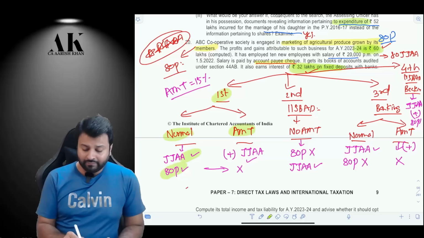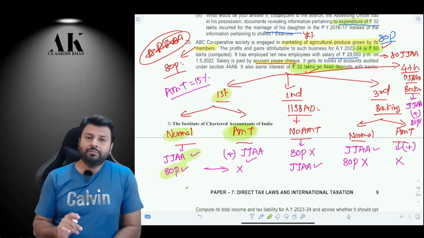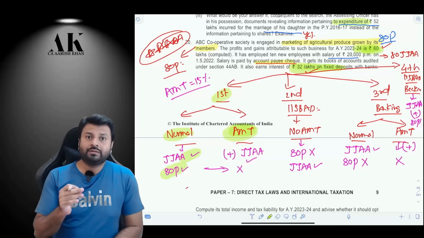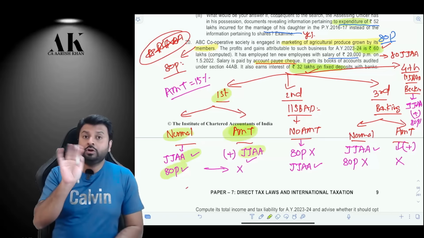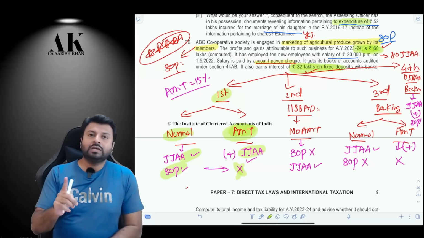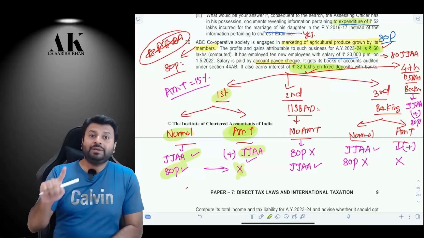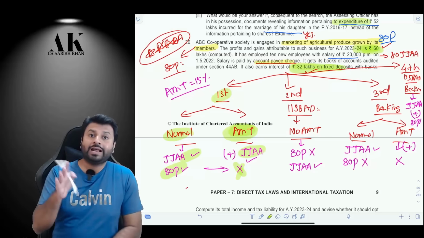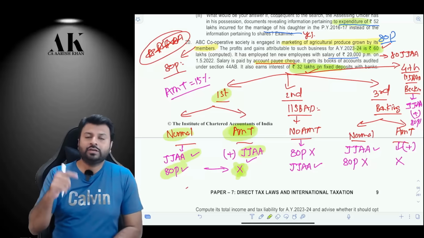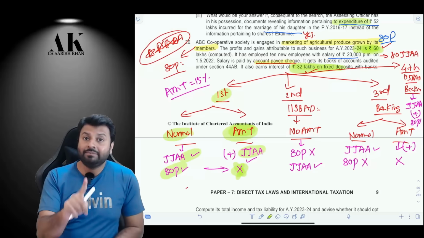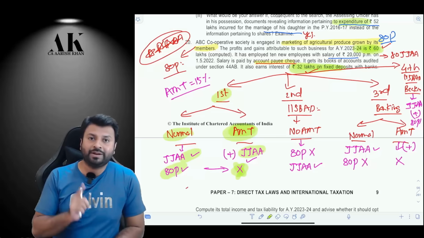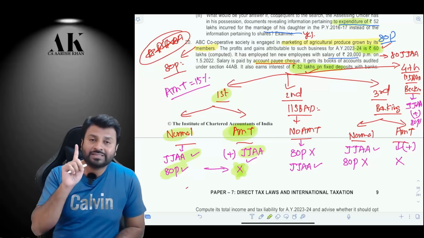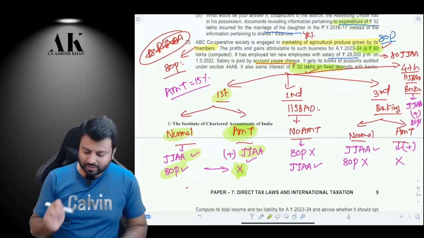Now when you compute the AMT, you have to compute the adjusted total income. While computing the adjusted total income, you will add back 80JJAA, but you will not add back 80P. Why? Because 80P is not liable for MAT. 80P incomes are not liable for MAT. Therefore, you will not add back 80P while computing AMT. One more thing to be kept in mind while computing AMT is that it is now chargeable at 15% for cooperative societies. By the Finance Act 2022 amendment, a cooperative society will be liable for AMT at how much rate? 15%. Be very careful. That is also an important issue over here.